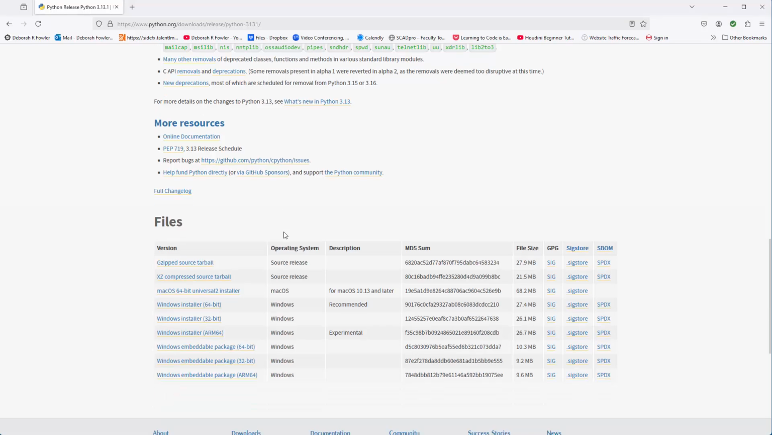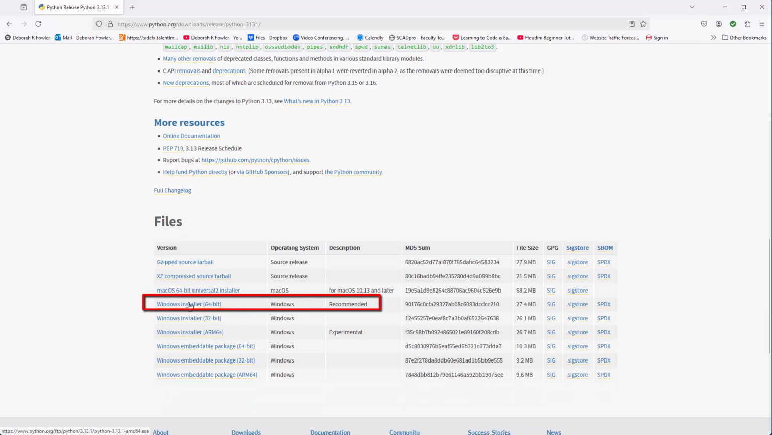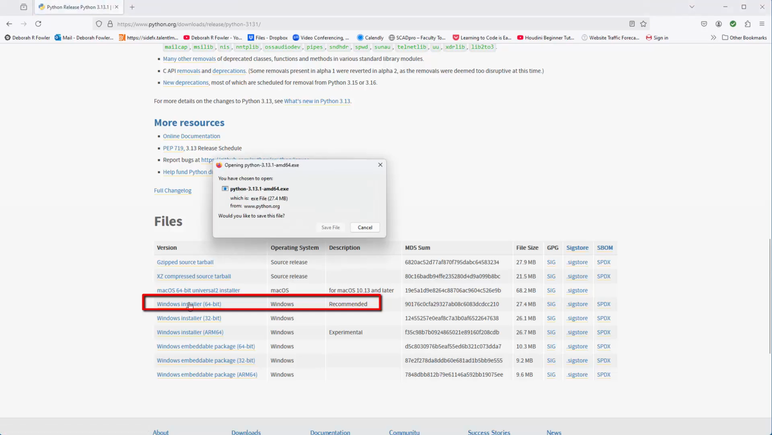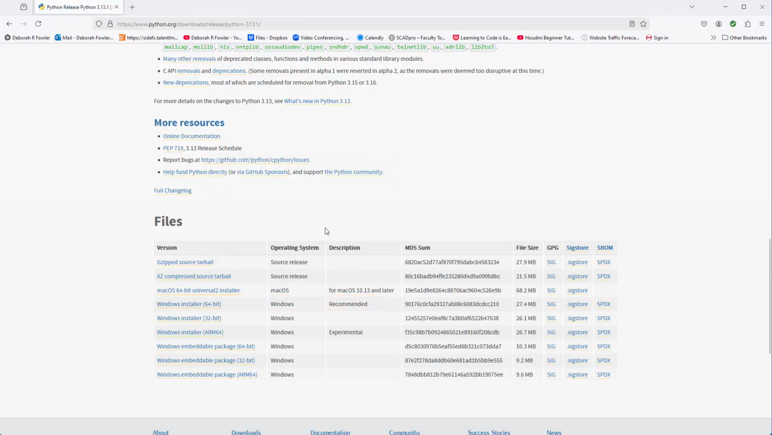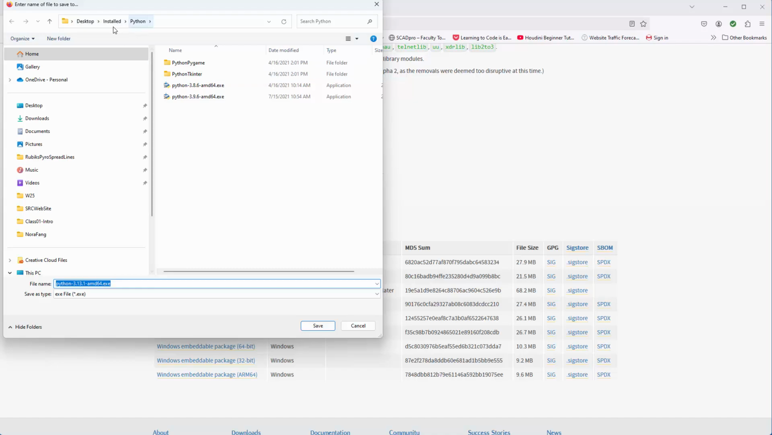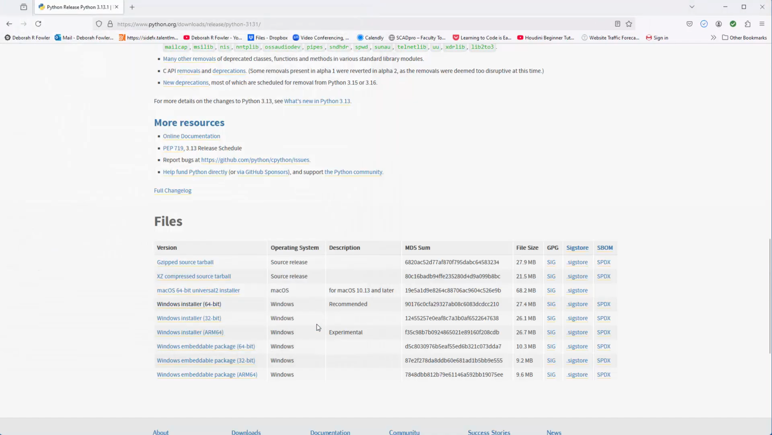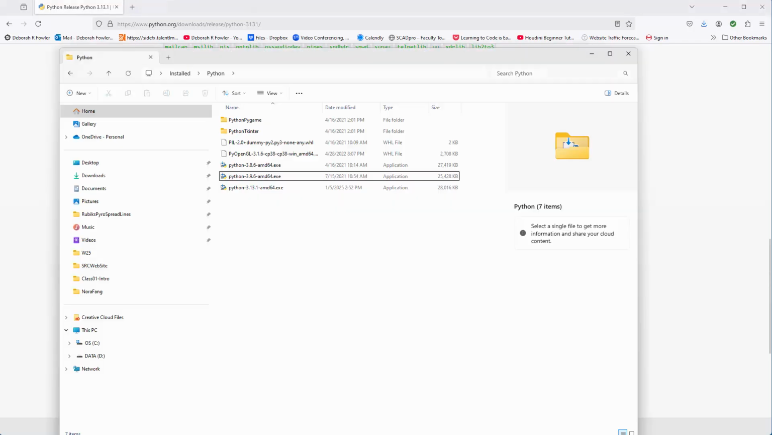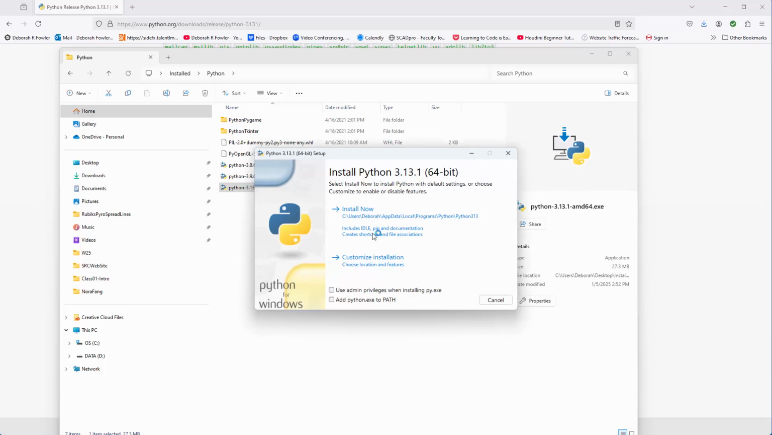You can go down to here, and you'll see a Windows installer, 64-bit, recommended. I'm on Windows. Click on that. It says Save File. I'm going to save the file into a directory where I have a bunch of Python files saved. Hit Save. And then once that's complete, I'm going to bring that up and grab this, double-click, and